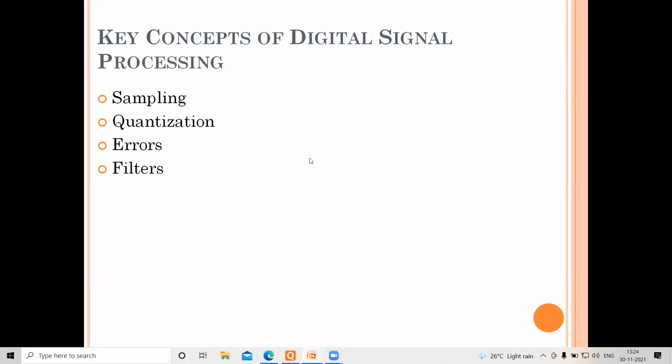Very good. But what I wanted from all this discussion was this: a band limited signal can be converted into samples and also reconstructed back if and only if Fs is greater than or equal to 2 times Fm. This is your sampling. If Fs is 2 times Fm, that is your Nyquist rate. Therefore, what is sampling? It's basically a process of converting a continuous signal into its samples.